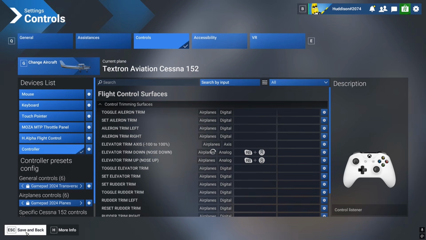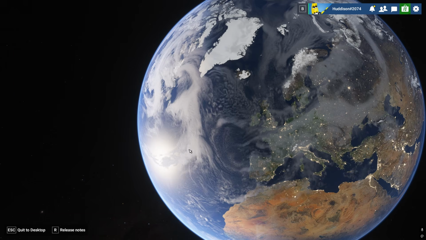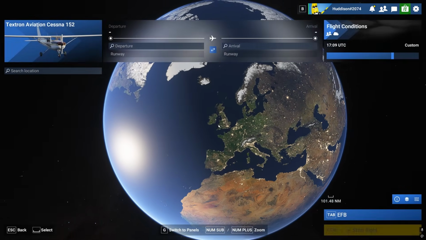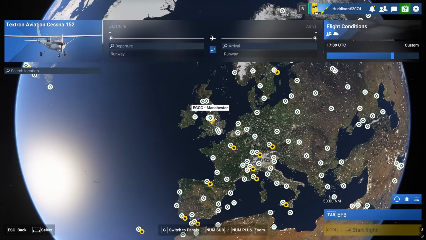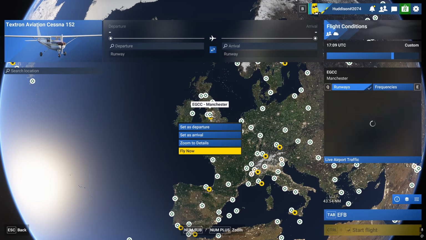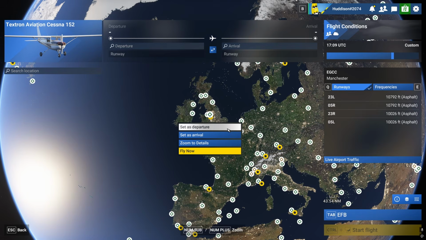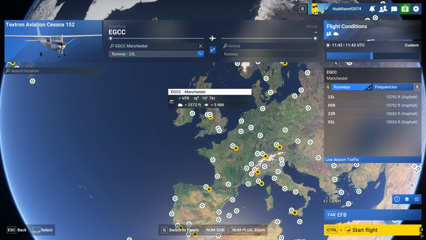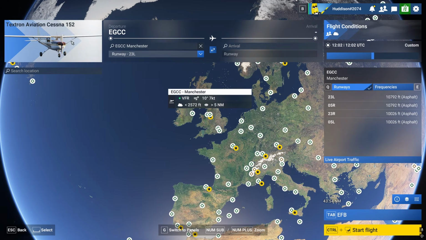Okay, now I've gone over that. Let's just go save and back again. Once you've done that, just go to free flight. So in free flight, we're just flying around on our own. I'm going to take off from Manchester Airport. I'm recording this part a little bit later, so I'll set that as departure. I'm just going to put the time back to daytime hours, and choose the Textron Aviation